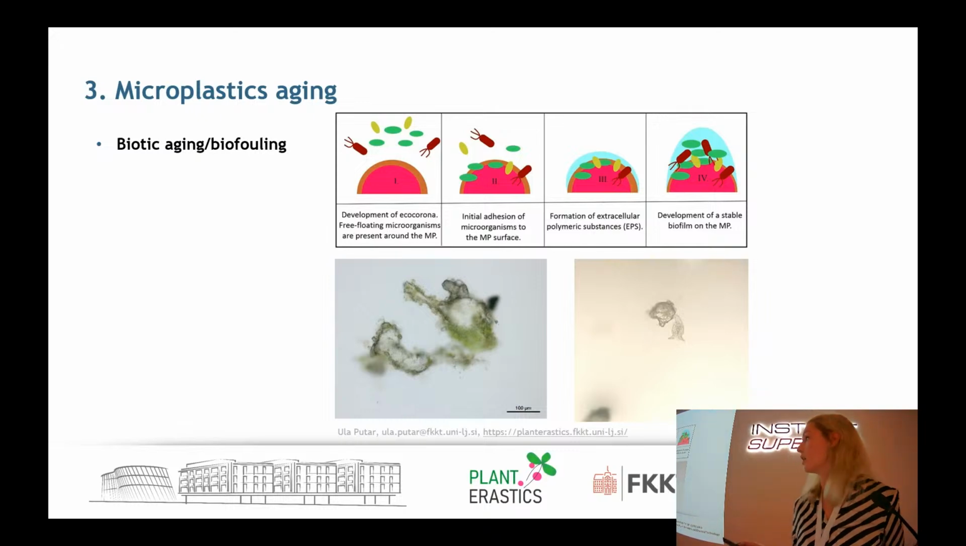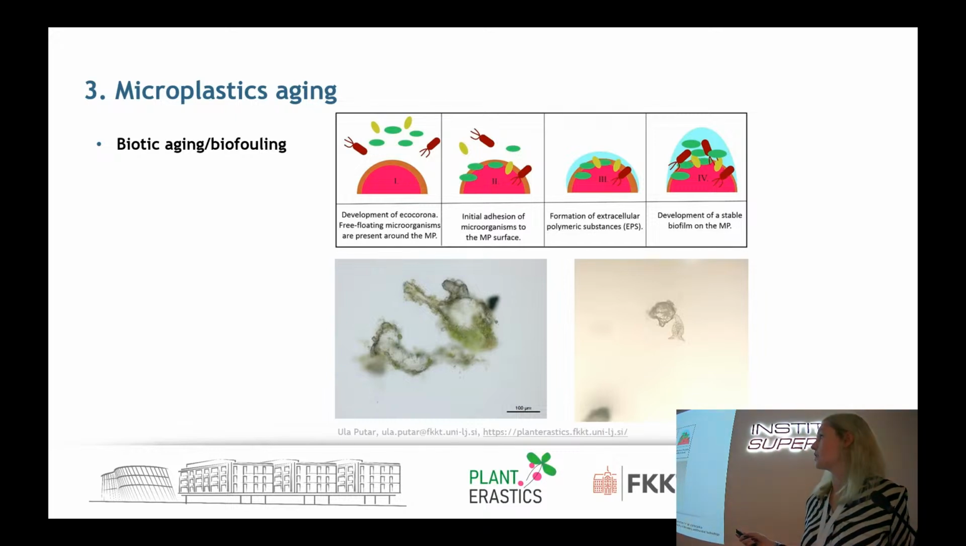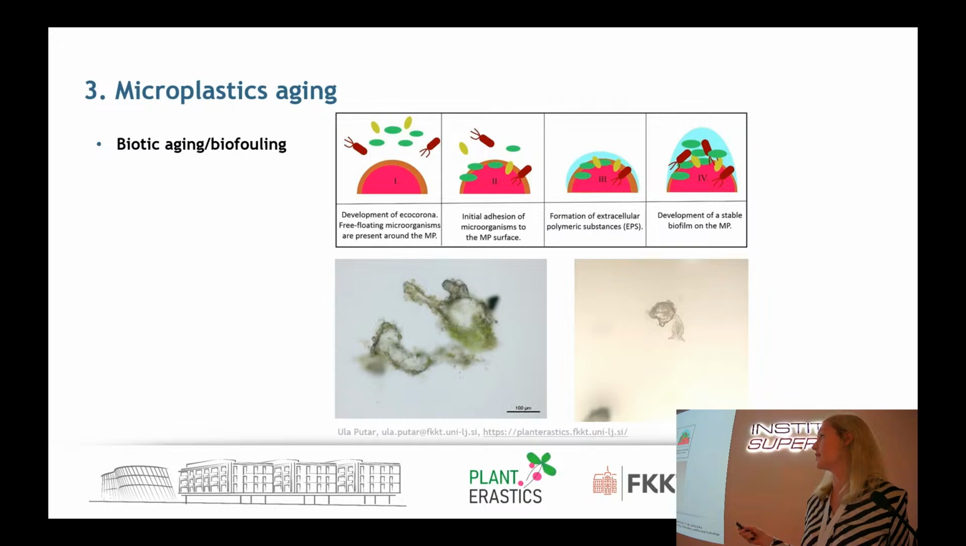So basically what this means is, usually first a layer of some inorganic and organic substances is adsorbed on the surface of microplastics. Then this surface is even more attractive for microorganisms that start to attach, first with some weak forces, and then they start excreting extracellular polymeric substances, EPS. So these are different polymer substances like proteins, carbohydrates, and so on, that stabilize the biofilm,